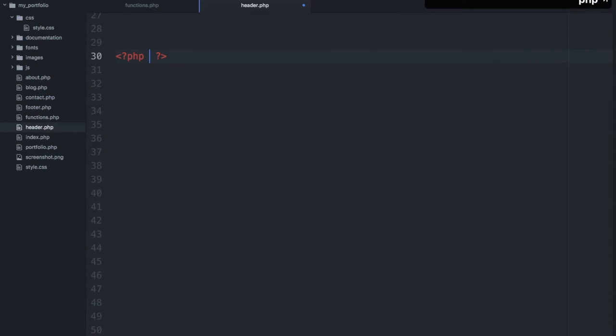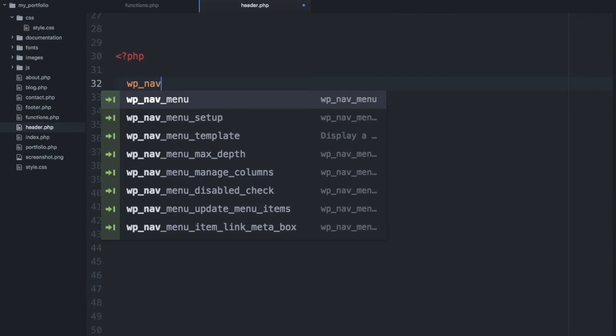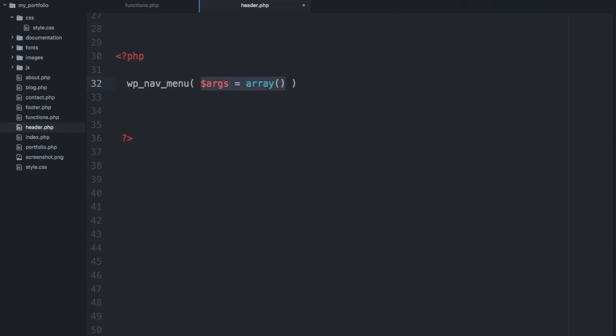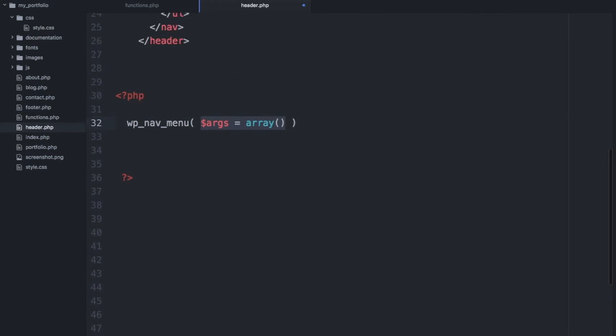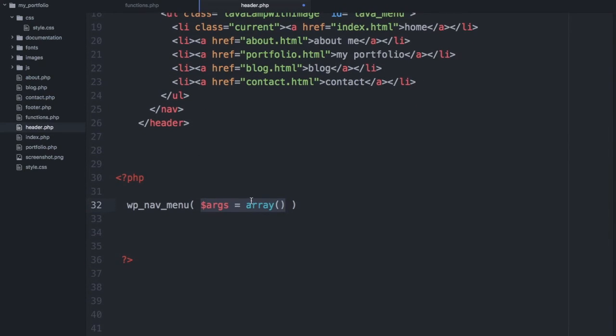And I'll open up a PHP tag. And within that, I'm going to create the nav menu. And to do that, I'll need the wp_nav_menu function. You can see here it takes in an array of arguments, and each of those arguments include details about your navigation menu, such as your class and your ID. Now, I don't have all of this stuff memorized. I could always go to codex.wordpress.org and search for wp_nav_menu and find out about all of the details of these arguments. Instead of that, I'm going to use